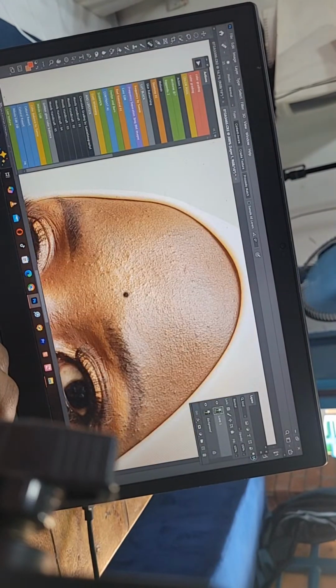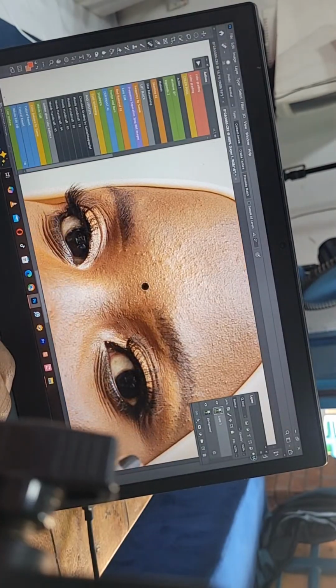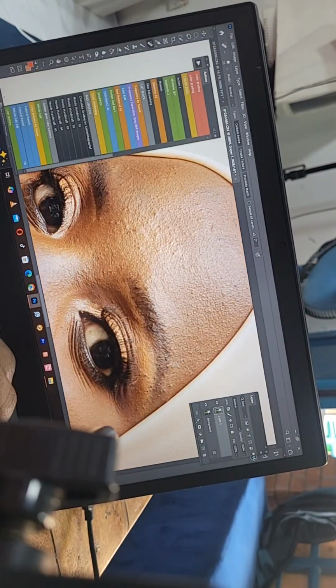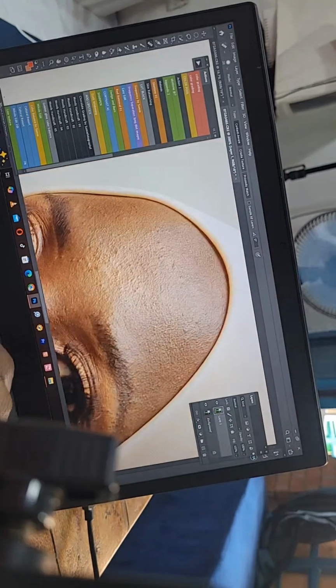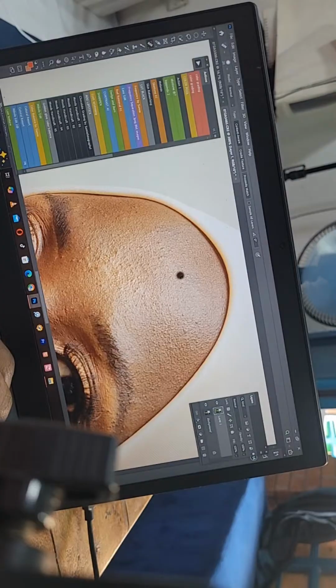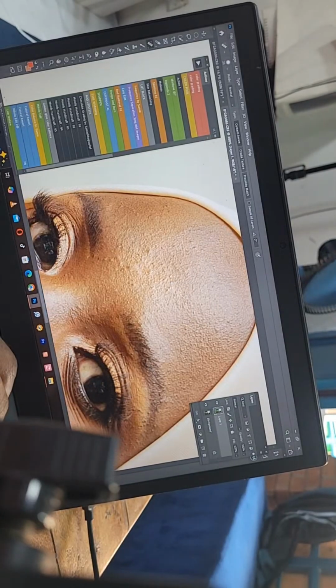Here I'm trying to remove these small pimples in her face. So I'm trying to remove these pimples,